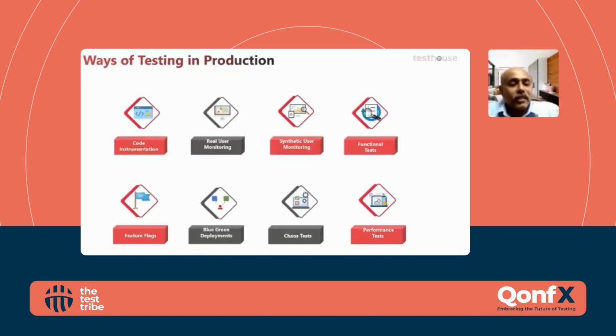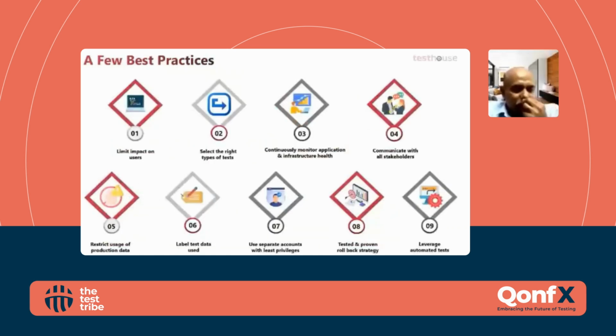So both chaos engineering tests and performance tests are the highest risk. Whereas I would say code instrumentation, functional tests, feature flags, and blue-green deployments have a medium amount of risk to be run on production servers. And then real-time user monitoring and synthetic user monitoring are less risky, but the benefits are also lesser compared with the other approaches. Now, let's quickly take a look at some of the best practices